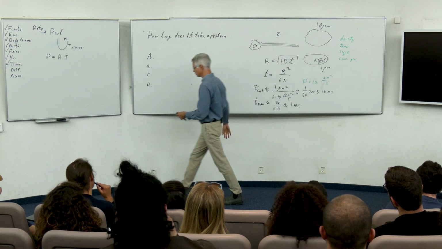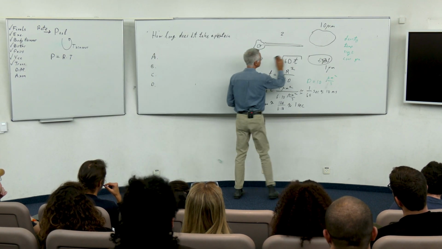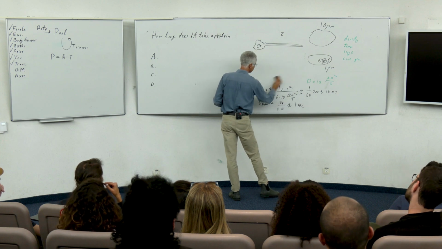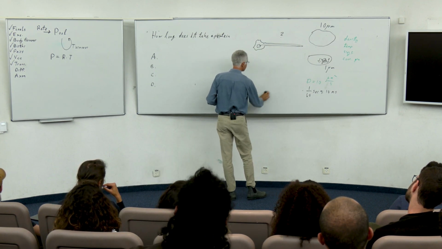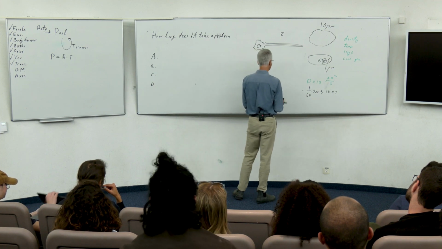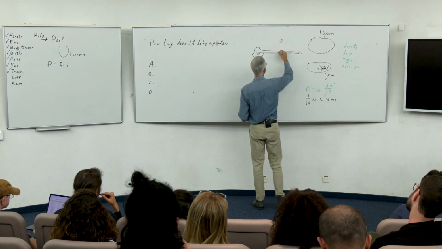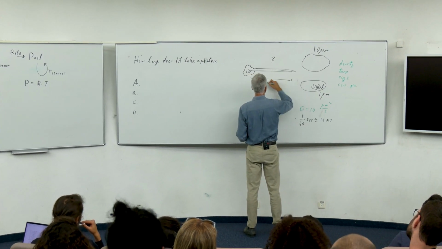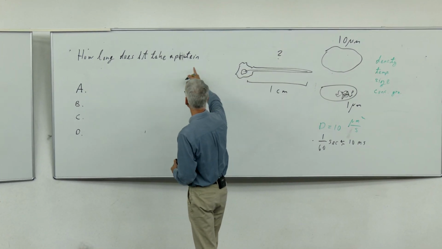What would be the size of the axon? 1 meter? It's the longest. Yeah, so it could be 1 meter for the longest. But let's not go that far. Let's just go for something that you probably have already in your brain. Let's say this is 1 centimeter. Okay? How long does it take a protein